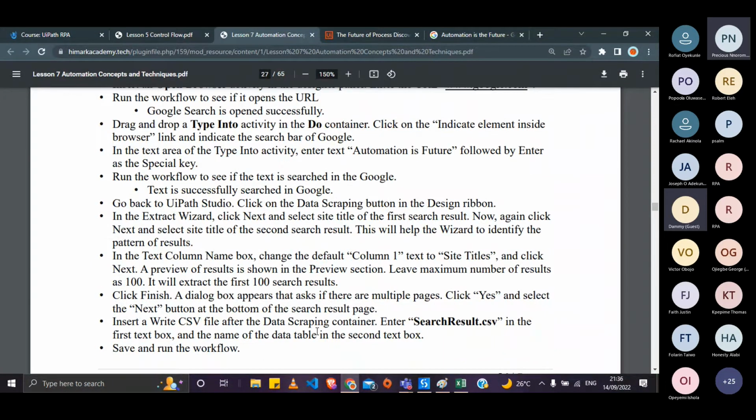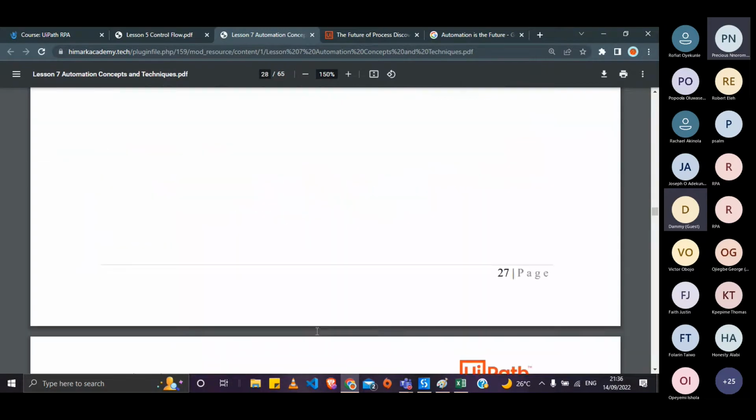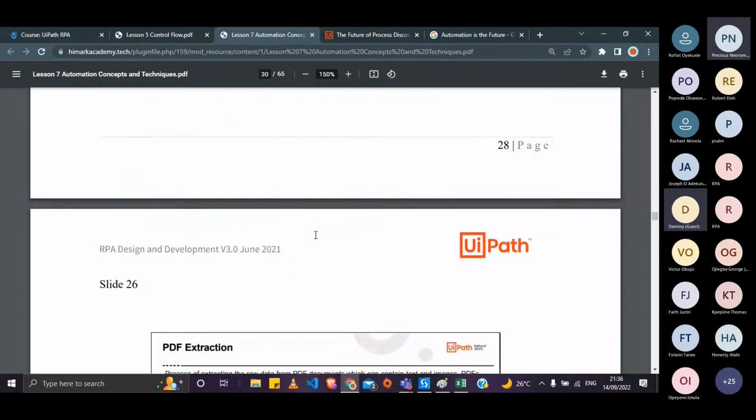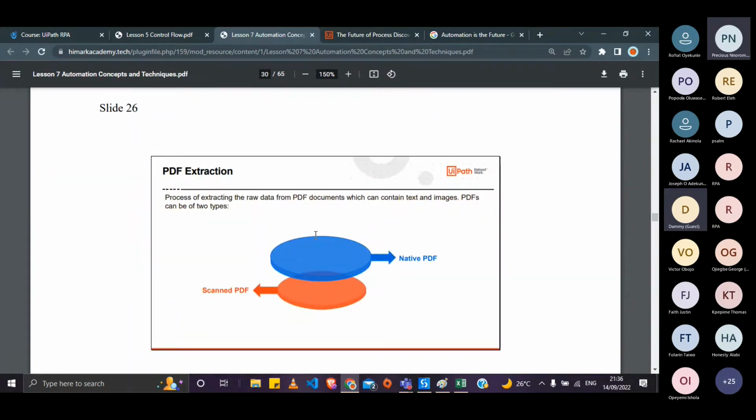Okay. Now the last data extraction technique we have in UiPath is PDF extraction. PDF extraction is the process of extracting raw data from PDF documents, which may contain text or images. And PDFs are of two types, native PDF and scanned PDF. Now, native PDFs are PDFs that are built